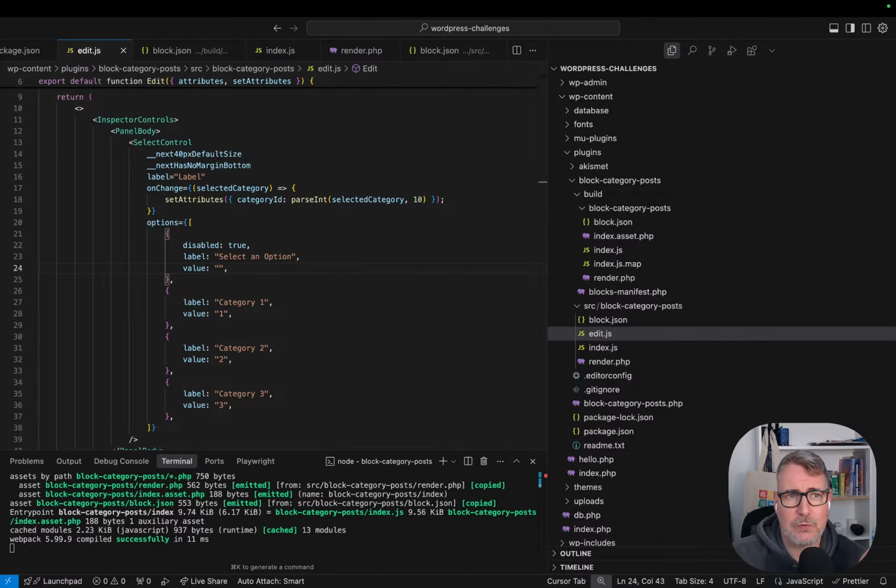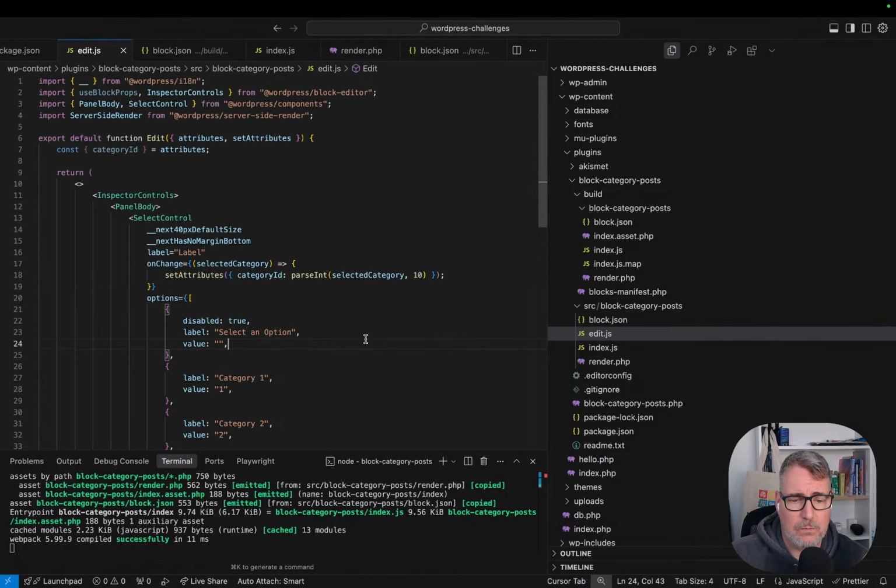So what we want to do is to get the available categories from the REST API. Okay. So what we can do here is to do a request to the REST API to get the available categories, and then using the array of categories, we can